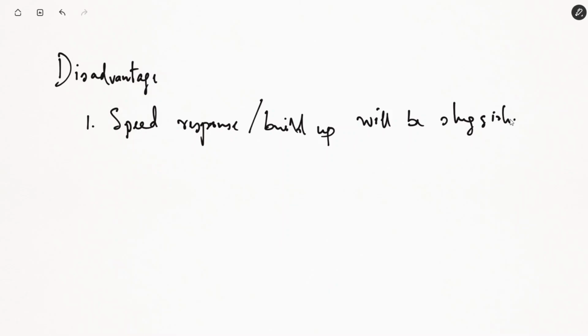Once the flux changes in the system, it rises slowly. The induced voltage in the rotor will also rise slowly, since the voltage is changing slowly in the rotor circuitry. That means the speed response will also change slowly; the rotor speed will also change slowly. So that disadvantage will be incorporated in this structure, wherein we are controlling the torque as well as the flux of the induction motor.